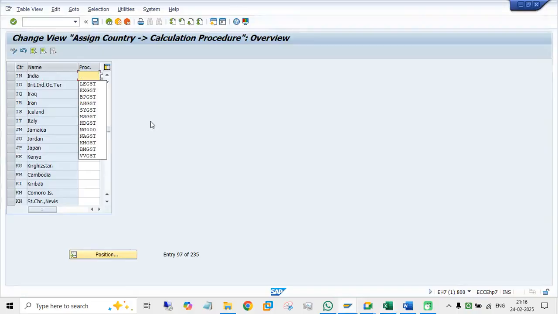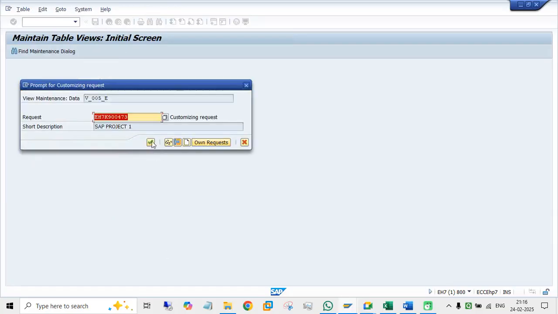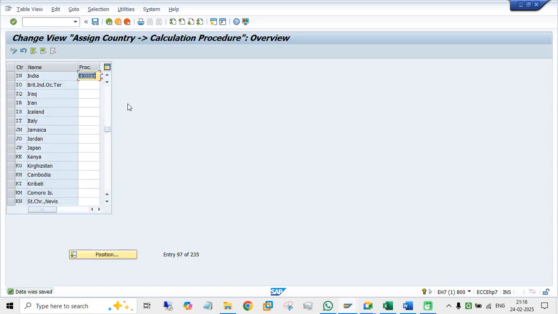What is our GST? EX GST, no? Save. So always, whenever you log in, you first have to replace the GST for your country. Then next one,